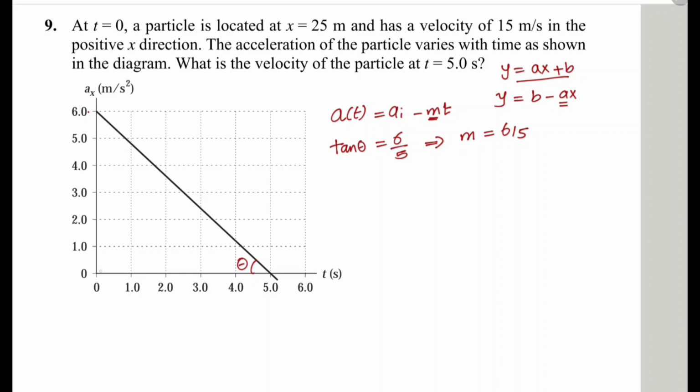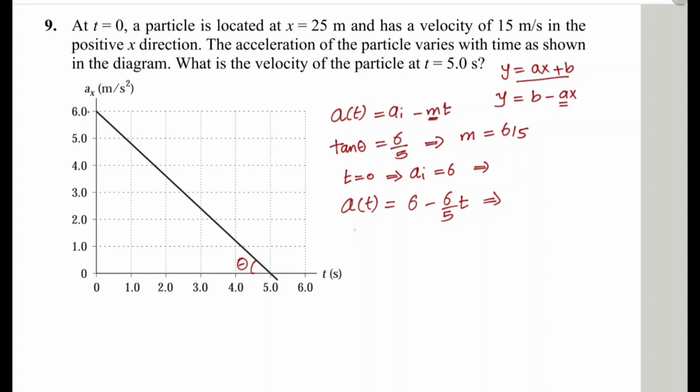And when t equals 0, ai in this case equals 6. ai is the intercept, equal to 6. So the acceleration equation here is equal to 6 minus 6 over 5 t,